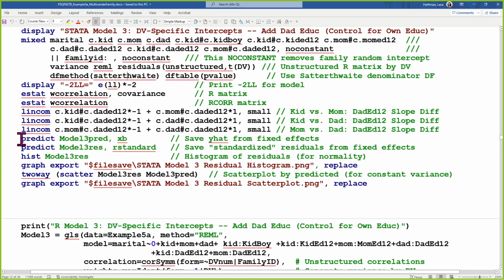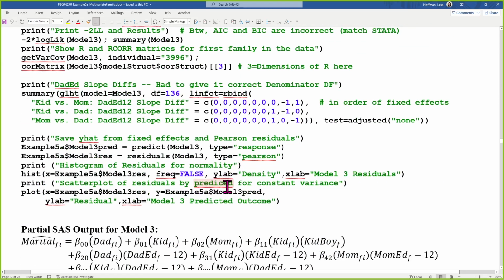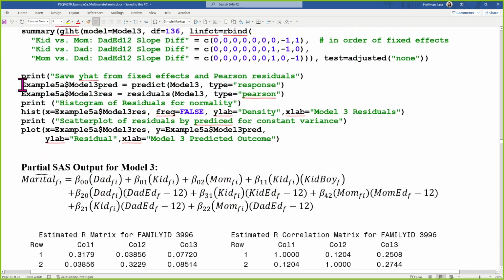In Stata, then, to get plots of residuals, I did these two. So I asked to save the predicted outcome for each person, and then I also asked it to save standardized residuals, and then I made a histogram of the residuals and a scatter plot of the residuals against the predicted values. And I figured out how to do this in R as well